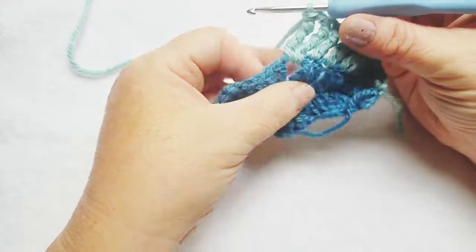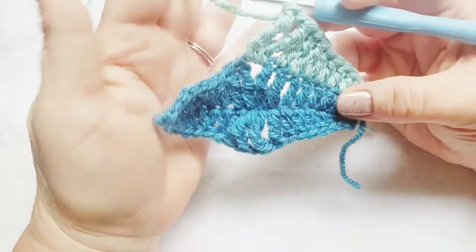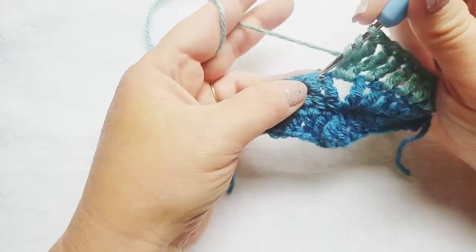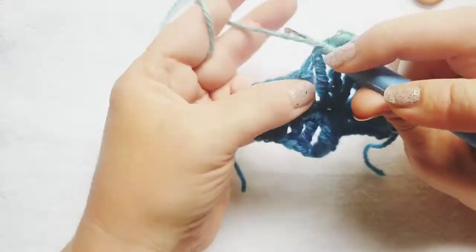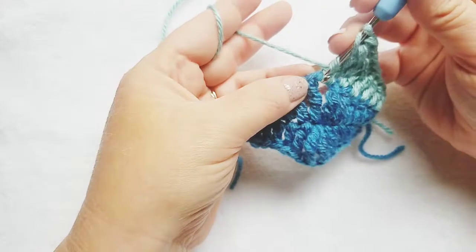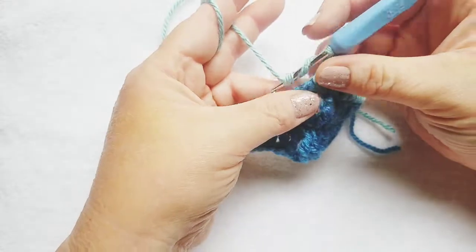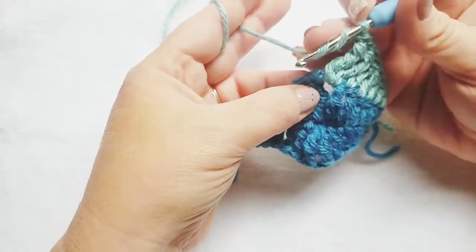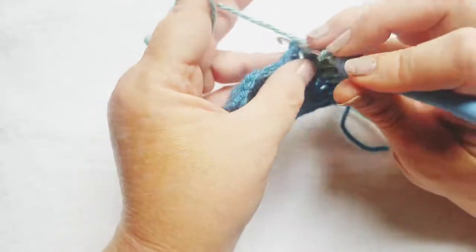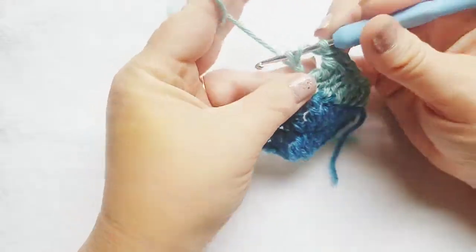So now to work our way back down on the other side, we're basically going to do everything we did on this side in reverse, just like we did before. So we're going to do 2 treble stitches back to back in the next 2 stitches. Here we are at this very next stitch, and make sure that you get into this stitch right here. You worked right here into this chain 1 space, so you do not want to forget about this stitch right here beside it. You need to push your stitches over a little bit maybe to see that, but you do not want to forget this because that'll throw your count off at the end and your square will get kind of wonky. And this square is not perfectly square anyway, so let's go ahead into that space and do the